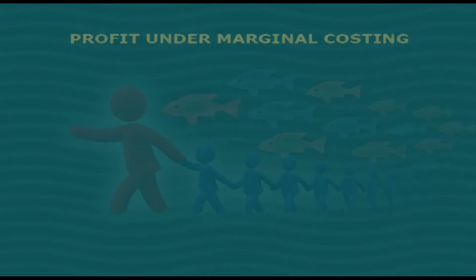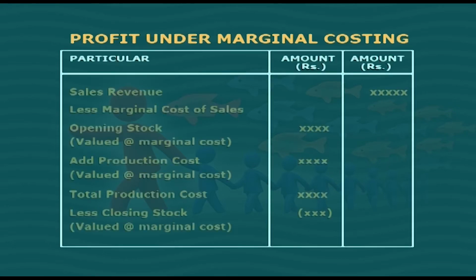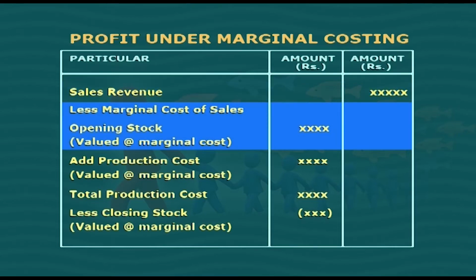Now, let me give you a pro forma for calculation of profit under marginal and absorption costing. First of all, let us look into how to calculate profit under marginal costing. If you see this table, firstly, you need to write down the sales revenue. Out of sales revenue, you will have to deduct marginal cost of sales and opening stock, which is valued at